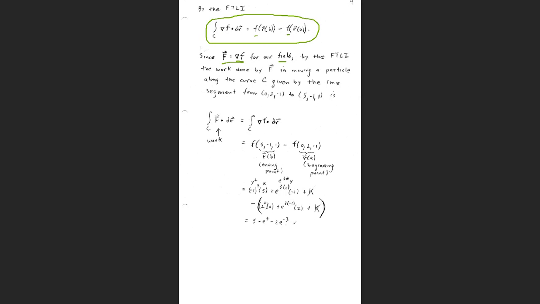So by the fundamental theorem of line integrals, FTLI, the work done in moving the particle along that curve, given by that line segment from (0, -1, 5) to (-1, 1), okay, is simply found